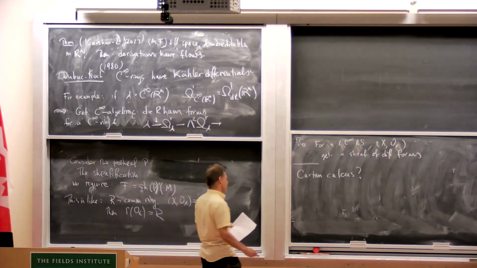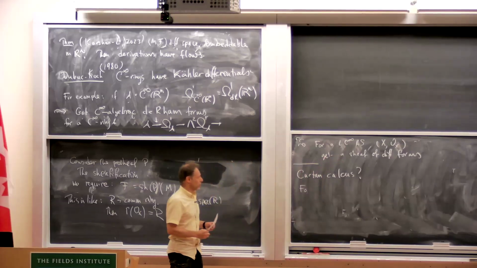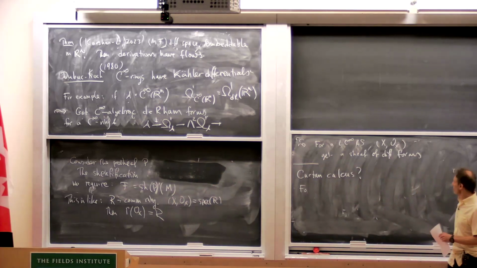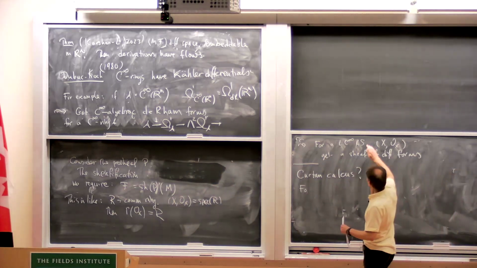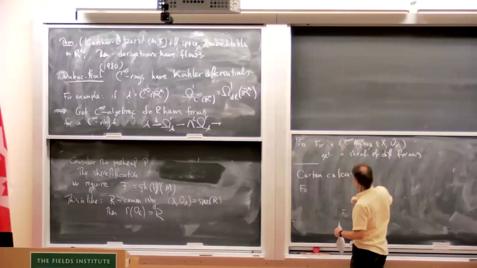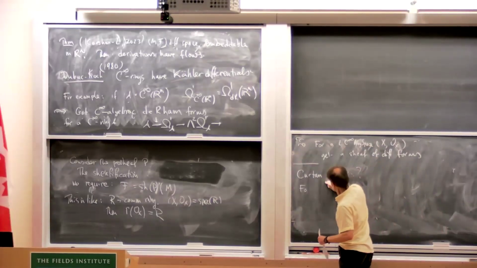Well, for a C infinity ring, and this is actually another L and another U, otherwise. Yes. No, 3 lines down. Calculus. Oh, he's running out